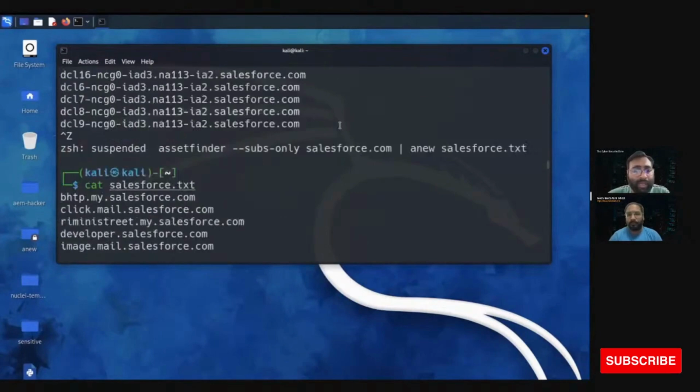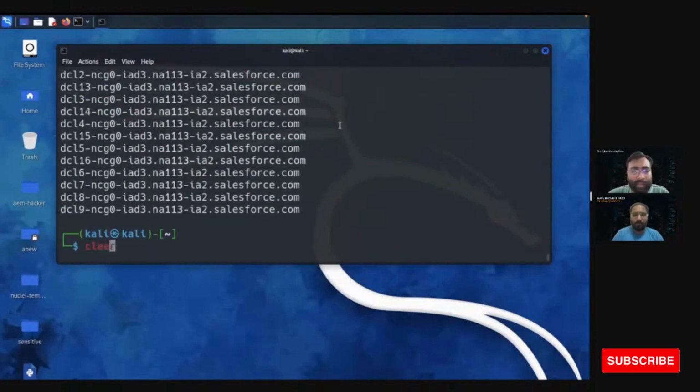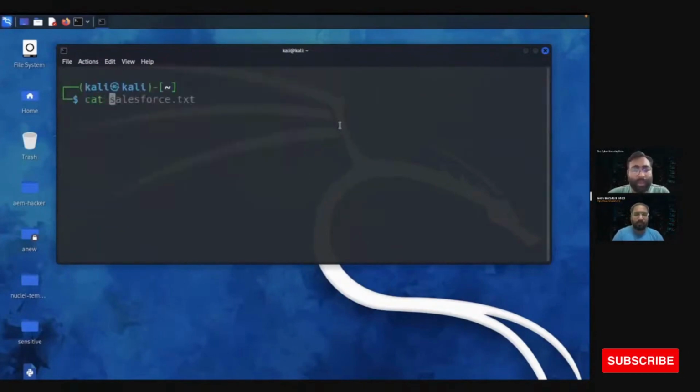So you can see there are multiple domains. Let's filter all these domains for live or not. So you can use a tool called httpx and then use the flag silent. This will tell you if our domain is live or not, and also store all these results in a new file, salesforce live.txt. Let's run our httpx tool on all this collected information.